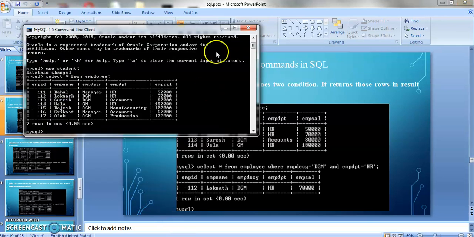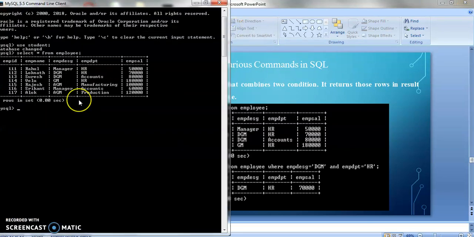You can see I have opened a particular table, that is employee, and I have 7 rows, 7 records of employees. Now I am going to apply the AND operator.